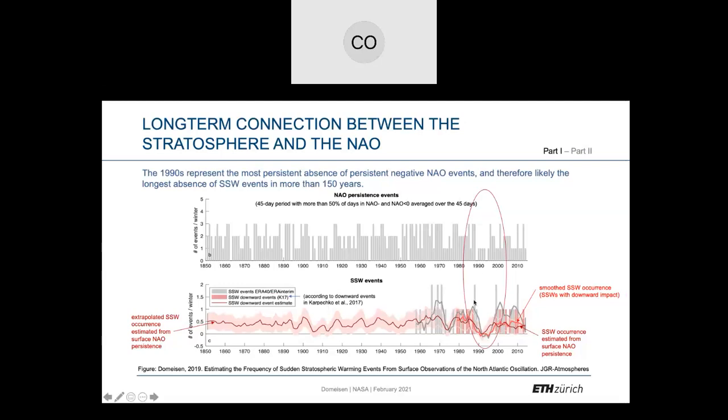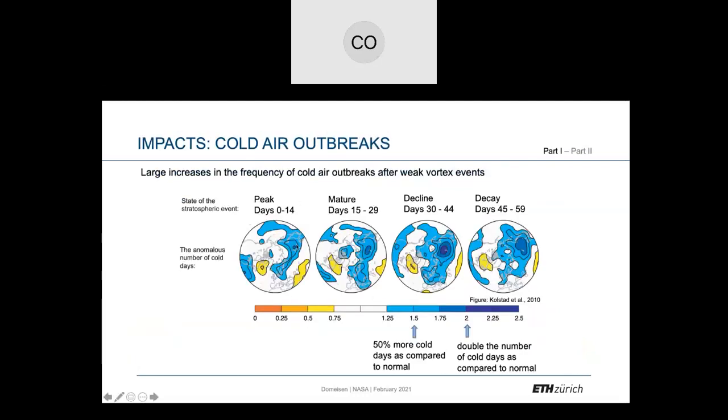We don't really know if this has anything to do with human influence or not. It might just be natural variability. We don't really know why this has happened, but you can see there's been quite some variability also in the past, for example, in the early 1900s. So if you go back to what that might have meant for surface impacts all the way back to this time, during decades when we had a lot of sudden warming events, or when we had few sudden warming events, then we can look at, for example, and I showed you this.